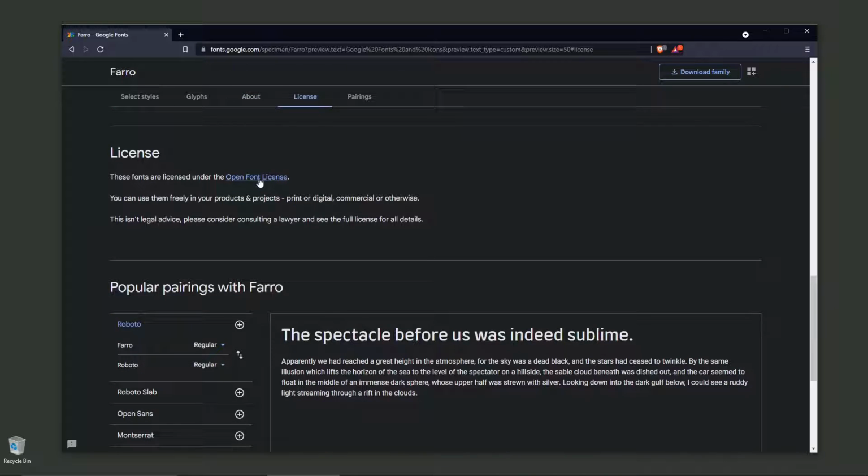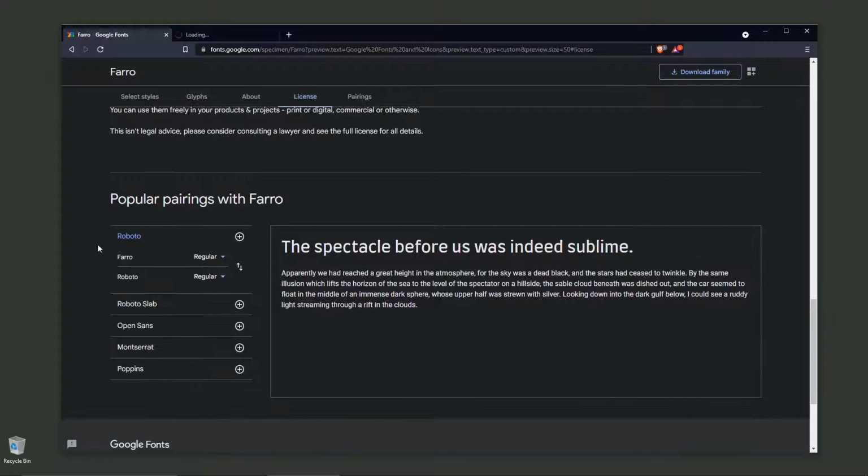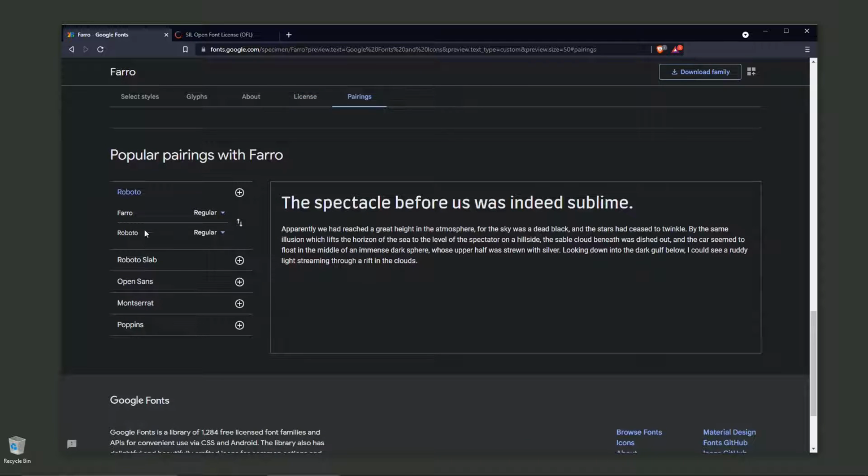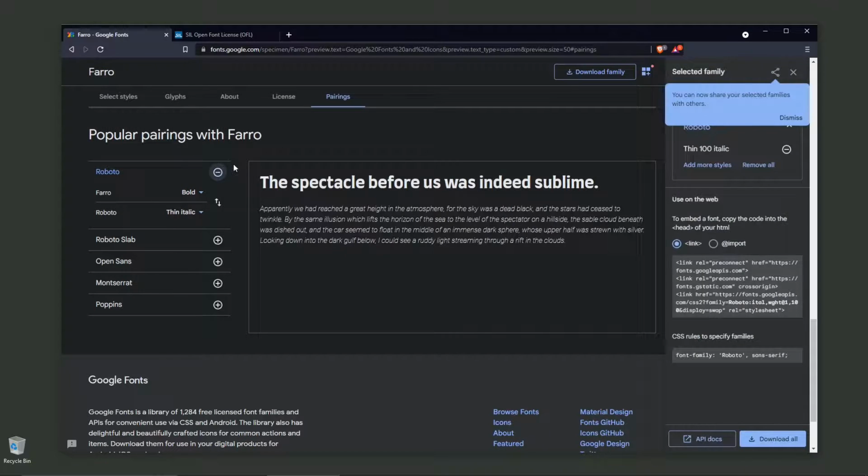So in this case, this is Open Font license. And again, you can see here other ways you can use this in combination with other fonts,